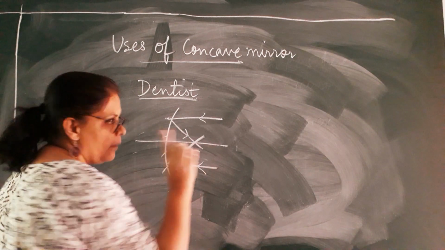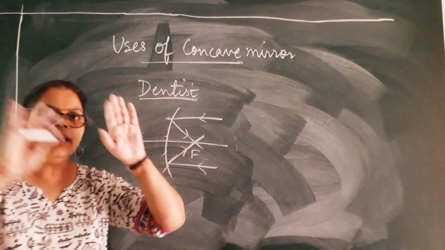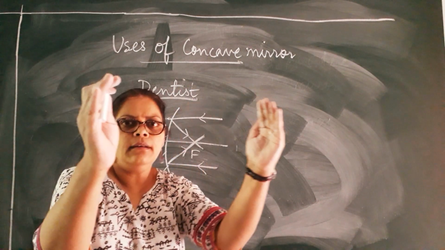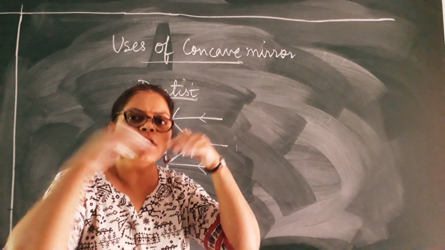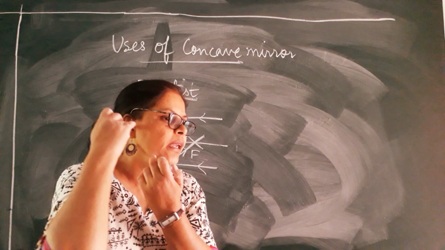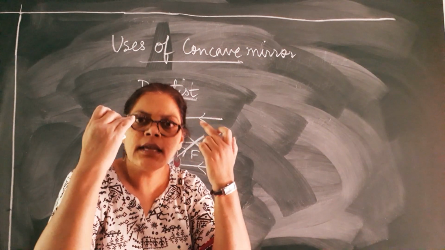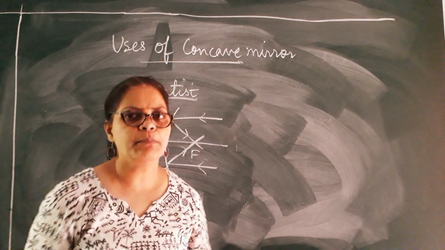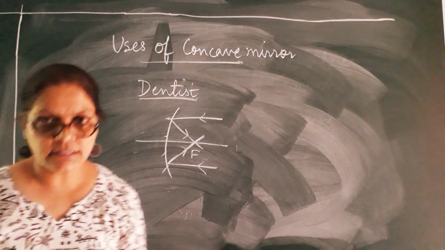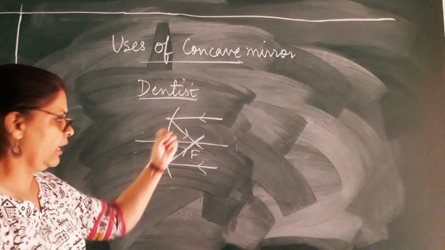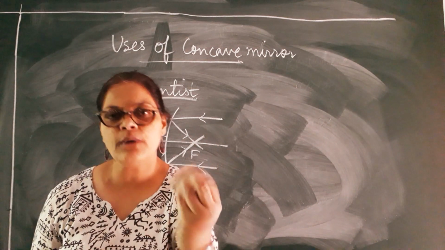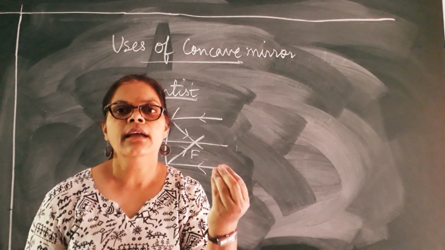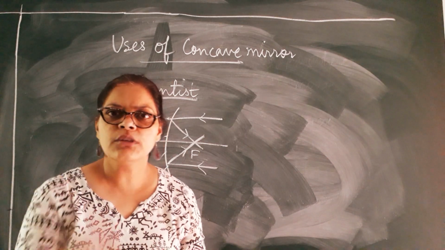This is case 1. You remember, children? The source of light is parallel. It first falls on the mirror, and then it comes and falls on that area, maybe a tooth, maybe ear, maybe nose, maybe eyes. So therefore the doctors, the ENT specialists and the dentists use that case for concave to focus the light on one particular point so as to illuminate it and see it very, very clearly, because the parts are very tiny.